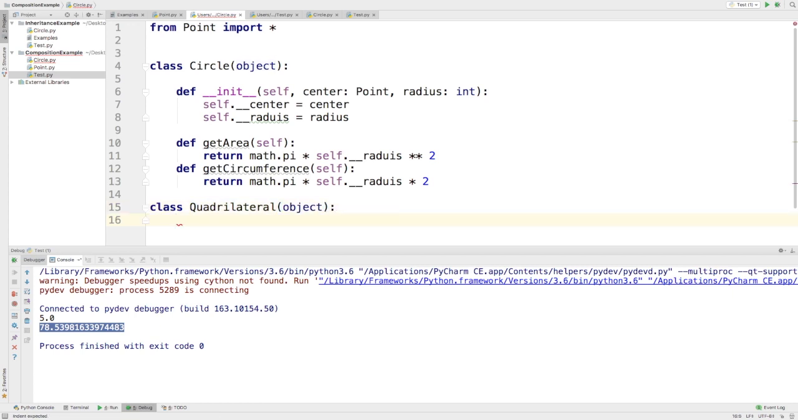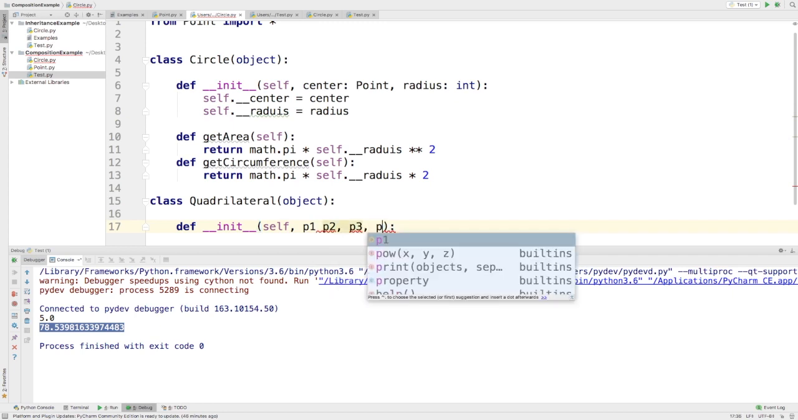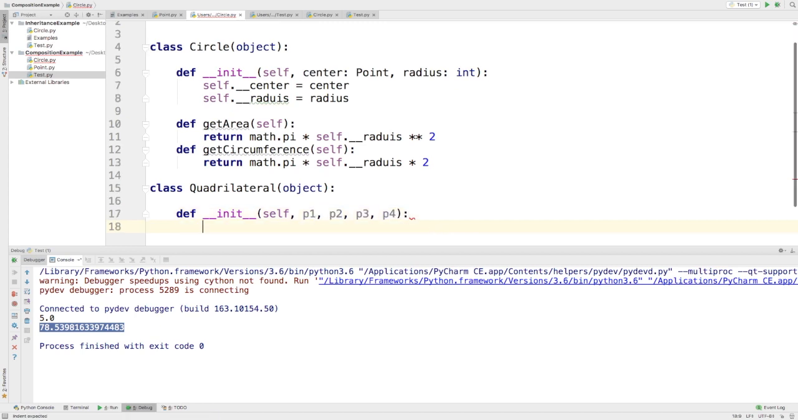And in this class we might have something like a constructor, and this constructor may actually send it 4 points because it's a quadrilateral, of course, or a list of points. So we may even say p1 comma p2 comma p3 comma p4. Okay, and what I have here now is 4 points,